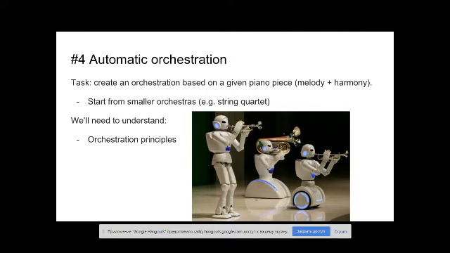So there is no score for violins, trombones, etc. And it would be nice to have one. I had to orchestrate a couple of music pieces, and it's a very hard task. You have to basically transform one voice with harmony into, for example, 8 voices. And it would be very nice if it could be automated. Still, it's a very complex task, and it goes beyond machine learning, I think.